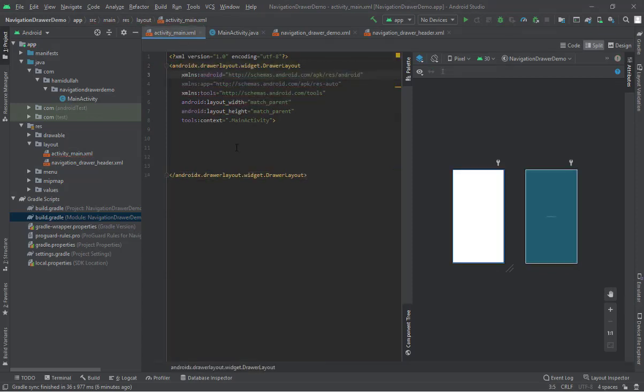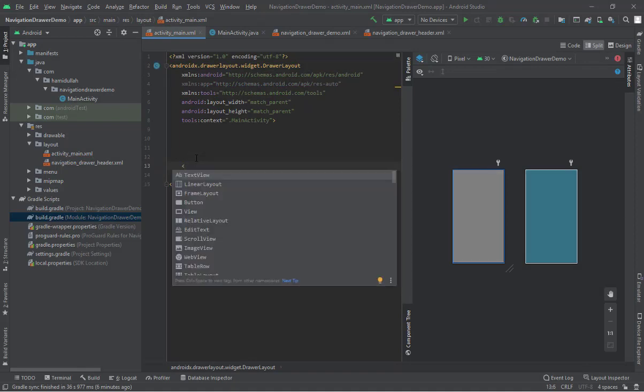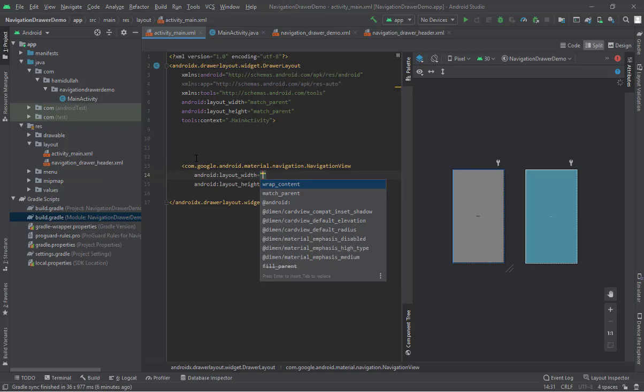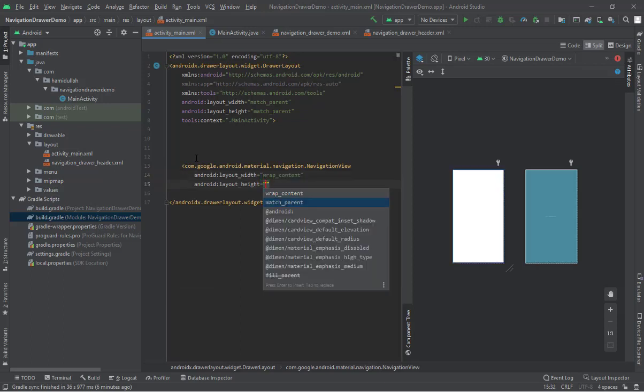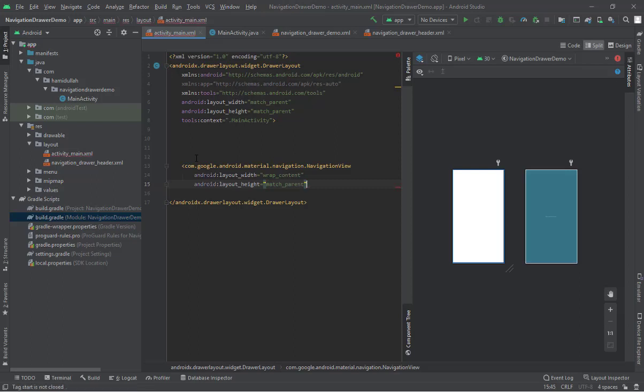And after that create a navigation view. The navigation view width will be wrap content, and for the height we will say match parent, and also what we need to do is give an ID to our navigation view. ID would be navigation view,